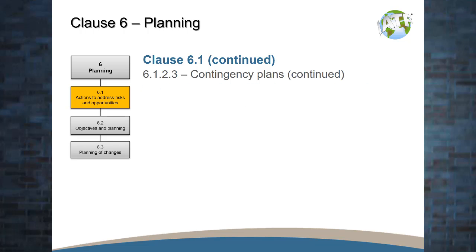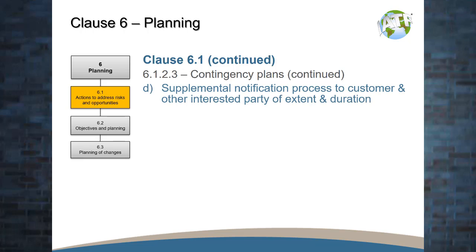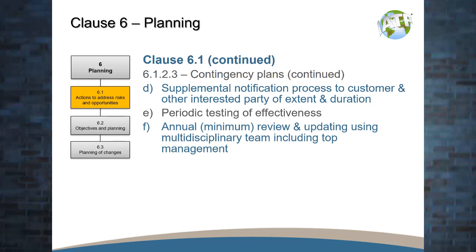So to continue on with 6.1.2.3 contingency planning D, supplemental notification process. We need to have that in order to notify the customer and any other interested party of the extent and the duration of the contingency. Periodic testing of the effectiveness of that contingency plan, disaster drill, fire drills, that sort of thing. Annual, and this is very specific here, annual at a minimum review and updating using a multidisciplinary team, including